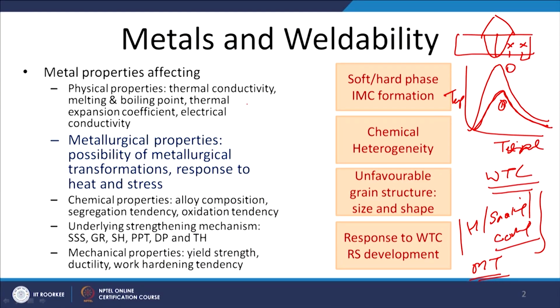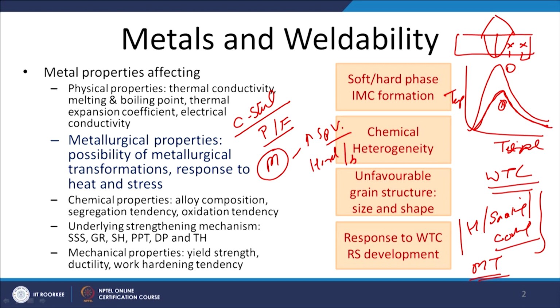Apart from this, consider some of the phases which are formed during the metallurgical transformations. In case of low carbon steel, if it is just ferrite and pearlite kind of phases being formed, the residual stress development is very limited. But if the martensitic transformation takes place, which occurs with an increase of specific volume, this material is very hard, very brittle and of low ductility.